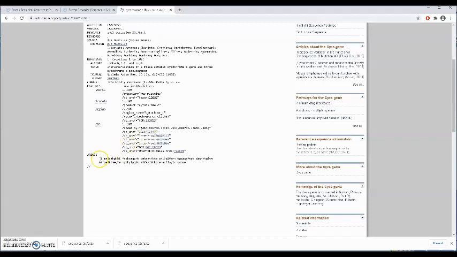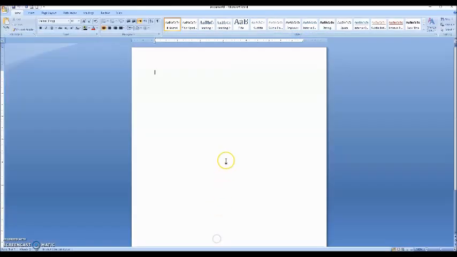When you go down there, you'll find the sequence of the protein. I'll copy it in my Word file,